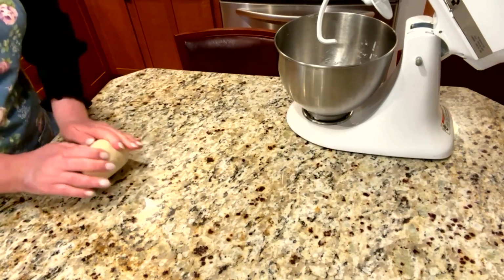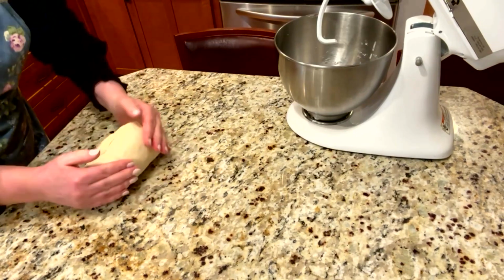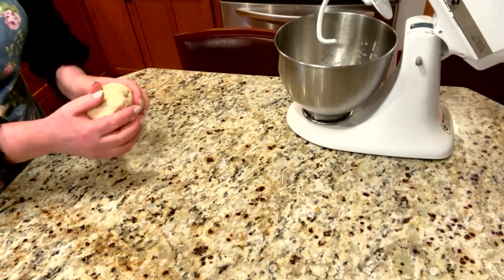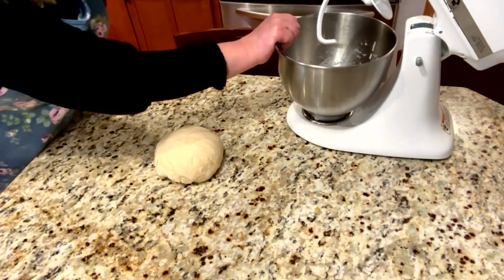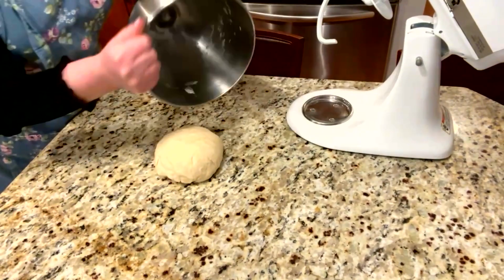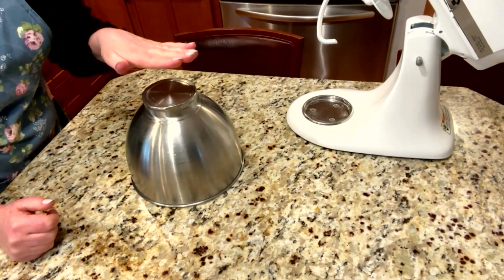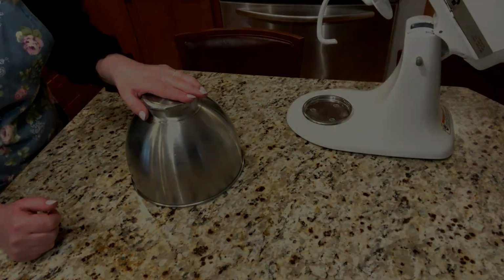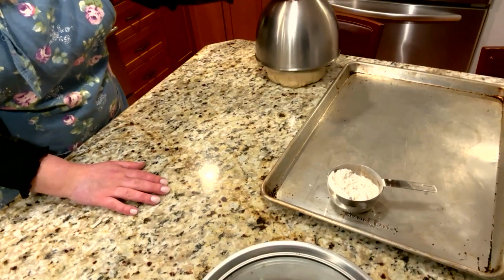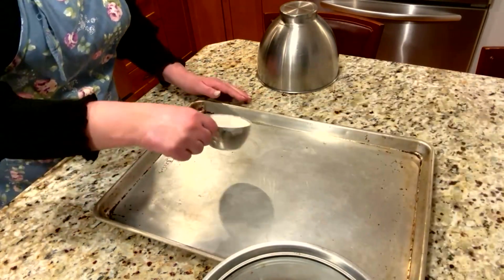How to rest it? You can wrap it in plastic so it doesn't dry up, or the old-fashioned way where you just put it on the table just like this. You take the bowl and you cover and you let it rest at least 25-30 minutes, or until you're ready to roll out your pelmeni. The dough has been resting for about 25 minutes now, and I think I'm gonna start getting other